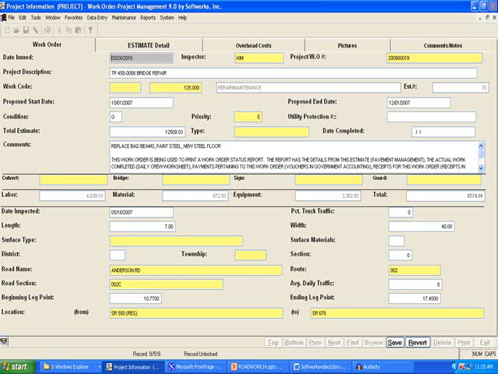This is the work order form with the road section information displayed at the bottom of the page. There are 4 pages on the work order form: the work order, estimate detail, overhead costs, and pictures pages. In this example, I've assigned the next work order number by pressing the F10 key while my cursor was in